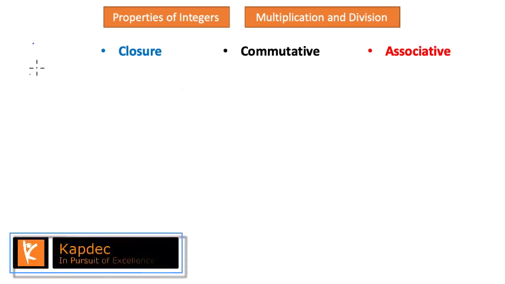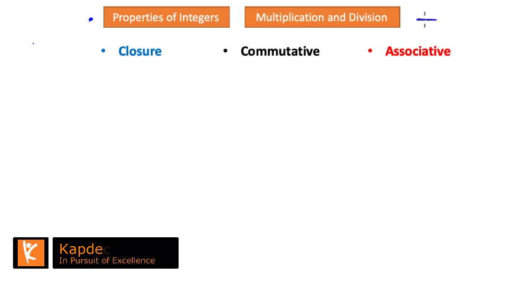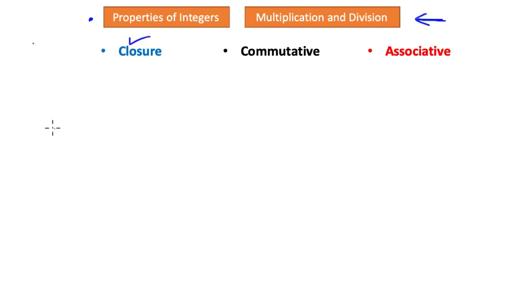So now let us talk about the properties of integers with reference to the mathematical operation of multiplication and division. Okay, so we will study that for closure first. Let's say we have two integers and we are multiplying them together. We are saying that under closure, the multiplication of two integers will always result in a number that is an integer. Okay, but when I divide any two integers, I would say that the result of this operation will not be an integer.